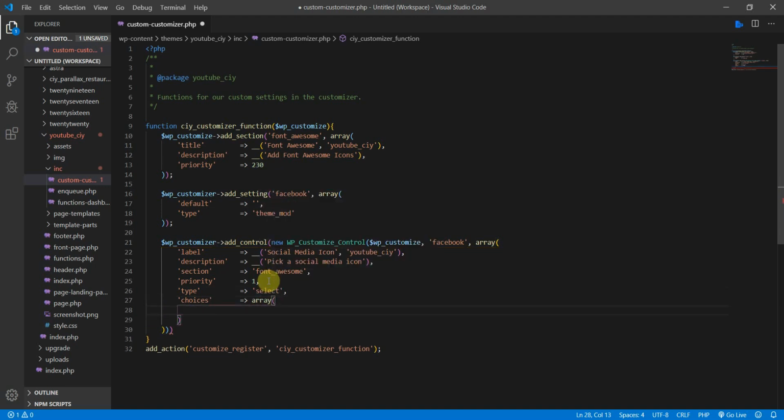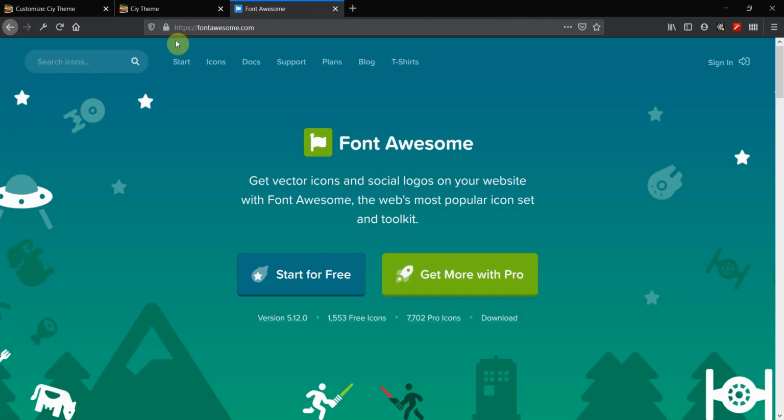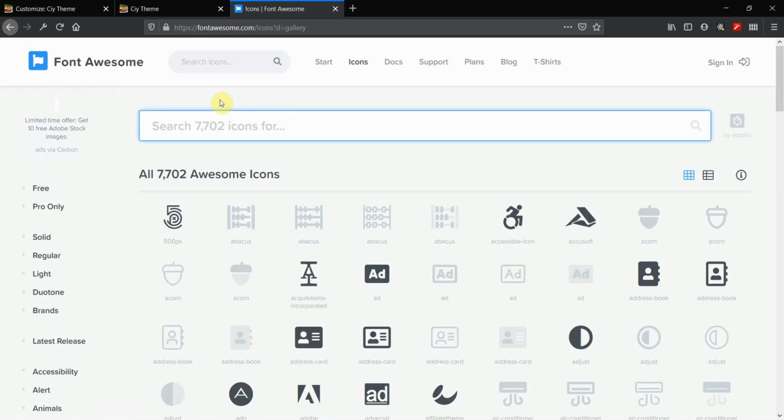And I jump down here. So you can put a default if you want. So default is going to be, and then as an array you need to find the icon you want to use. Now for that, let's go to Font Awesome's homepage. So it's fontawesome.com, and on this page you can see the icons. So just hit icons, and now you can search for a specific icon. So I'm going to search for Facebook,